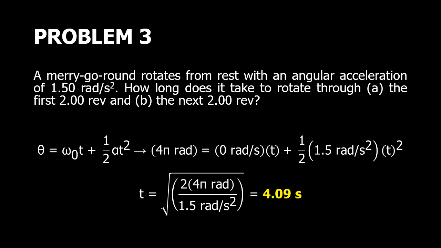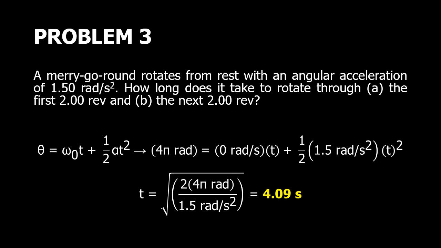So times t plus 1/2. What is your angular acceleration? 1.5 radians per second squared times t squared. So yan. So since 0 siya, cancel na yan. And manipulating this working equation, the value of time can be solved for using the square root of